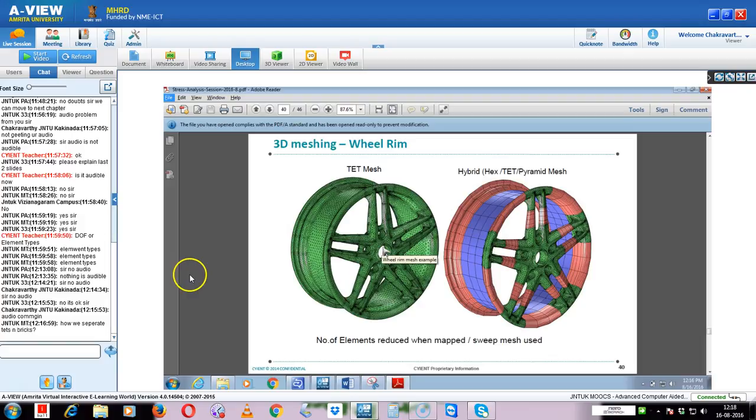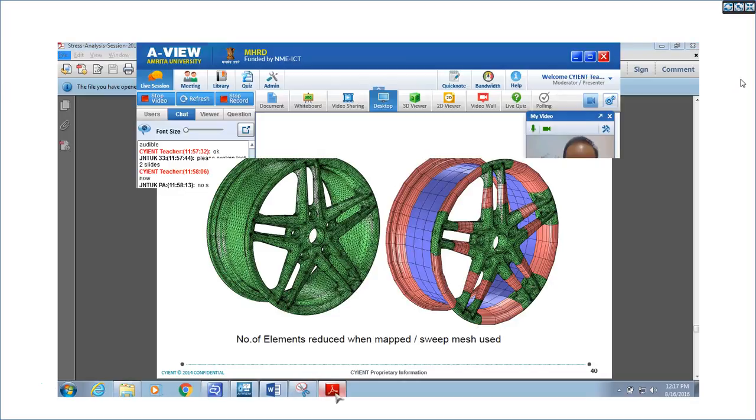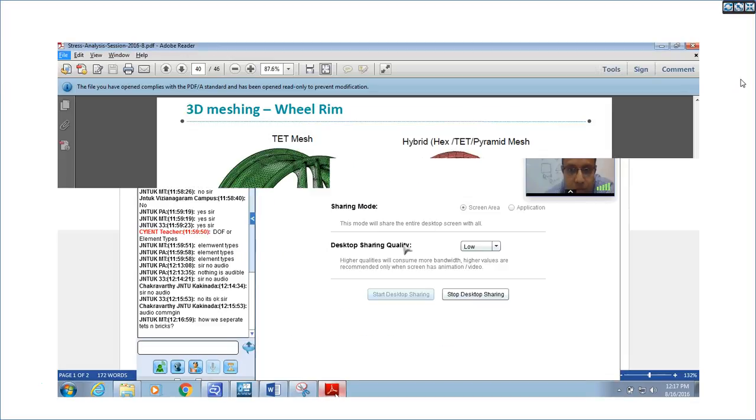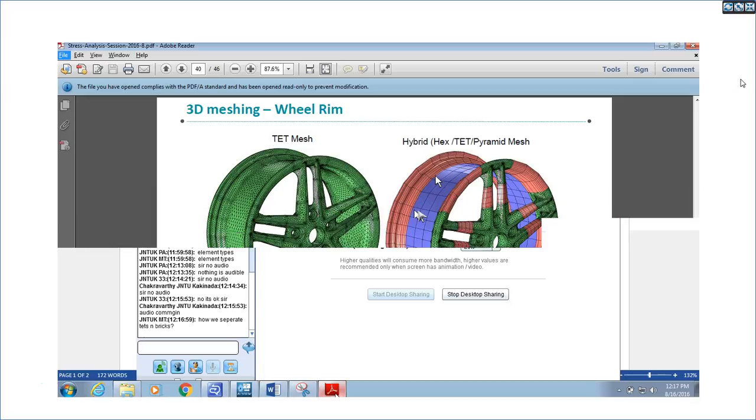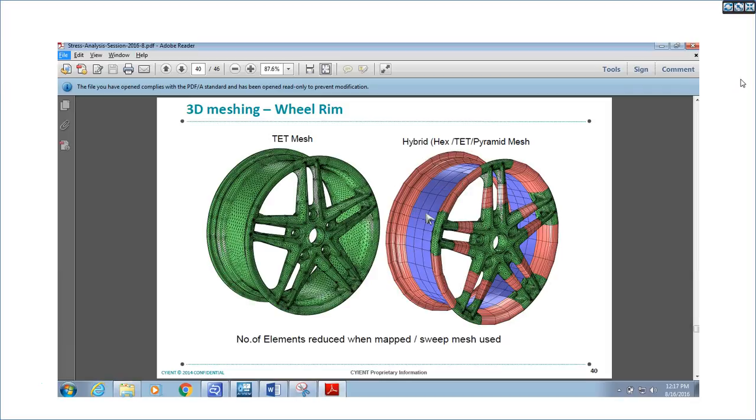Or any other software, it will come as it is modeled, so it will come as is. Okay, so we need to understand which volume can be sweepable, can be map meshed or sweep meshed. Those volumes we need to chunk. Okay, we need to do Boolean operations in such a way that we get a map mesh. So for example, if you see here, what they have done is they chunked it here. Like if there are two different colors here, they chunked it here, and they also chunked it here, and